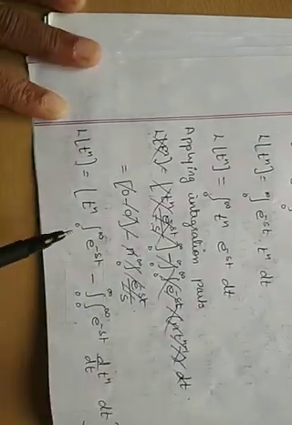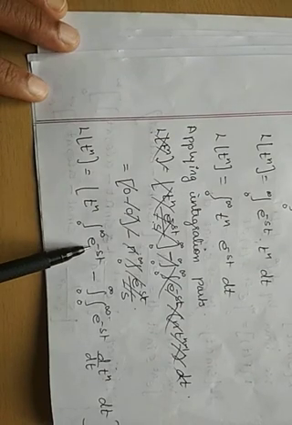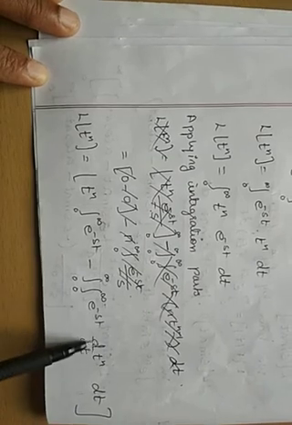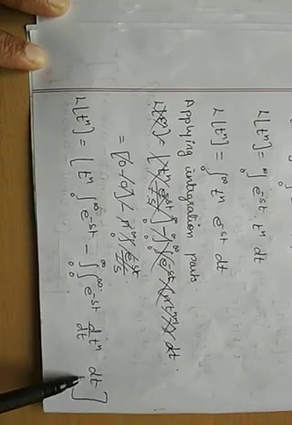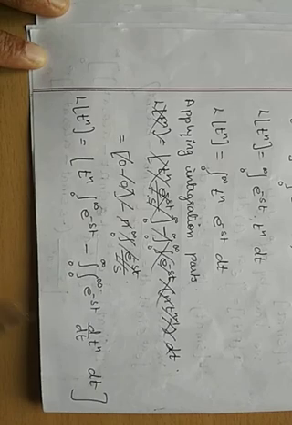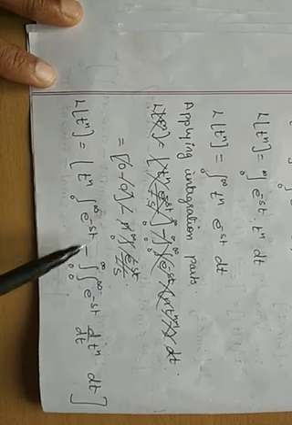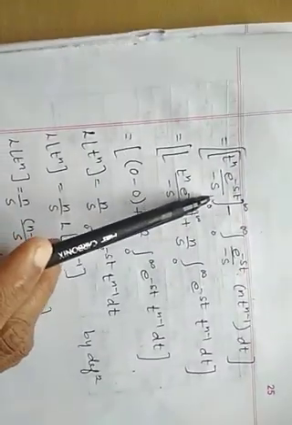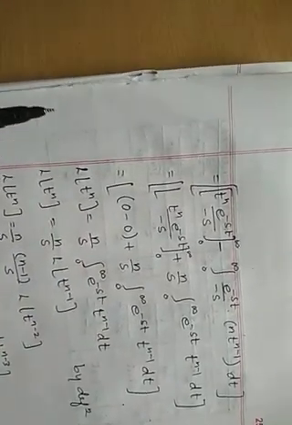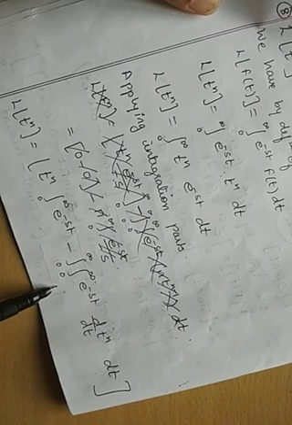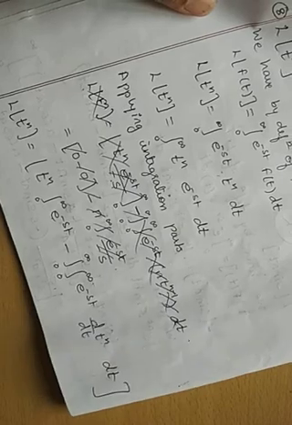Applying the u into v rule now: this is u into integration of v, minus integration of the integral of v into differentiation of u. We are talking with respect to t, so this integration is with respect to t. Now the integral of e raised to minus st will become e raised to minus st upon minus s, limits ranging from 0 to infinity, minus one integration of e raised to minus st, which is e raised to minus st upon minus s. One integration will remain, and the derivative of t raised to n is n into t raised to n minus 1, which I have written over here.